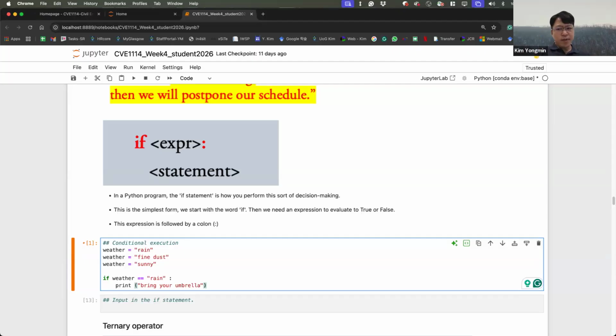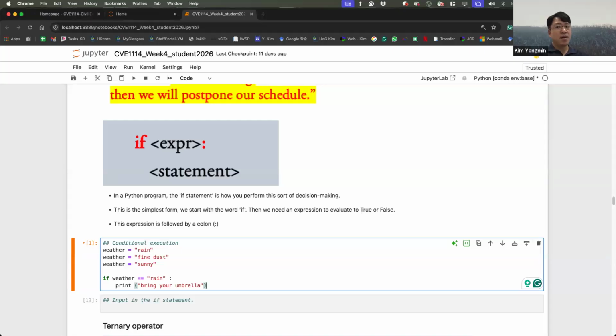Okay, it's time to find out what else you can do. Sometimes you want to evaluate a different condition and take one path if it is true, otherwise execute an alternative path if it is not.